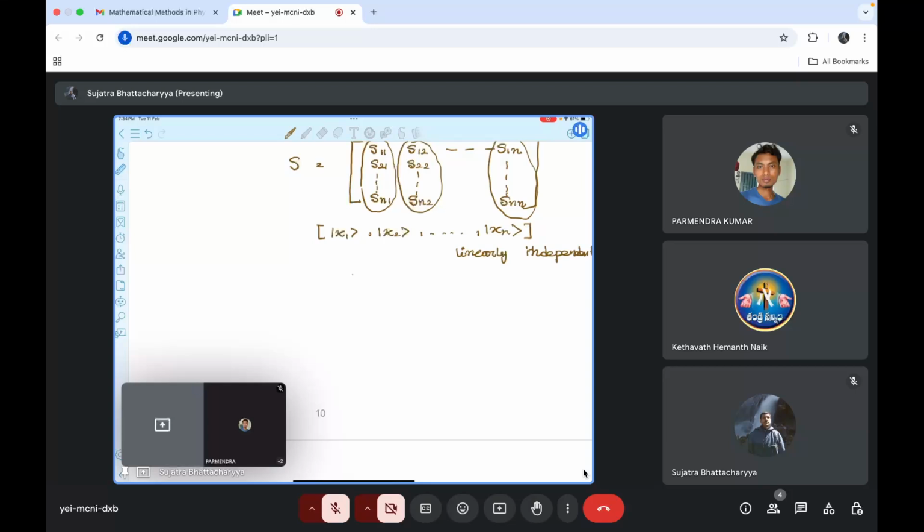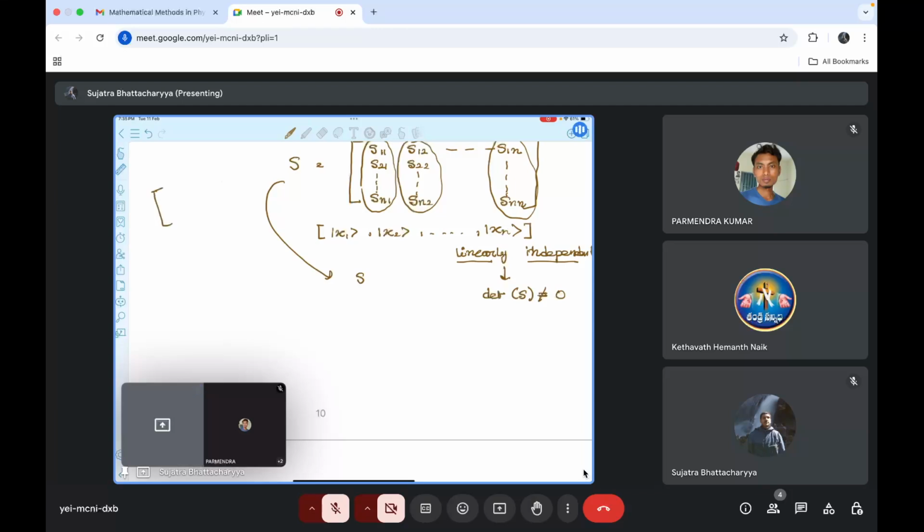matrix. So you have S, this S, since it is linearly independent. So see how things are going. Since this S is linearly independent, what does that mean? Determinant of S must be not equal to 0. If it is linearly independent, look at the properties of